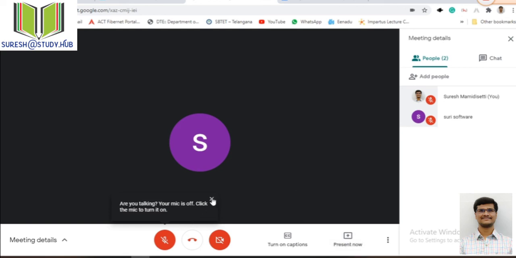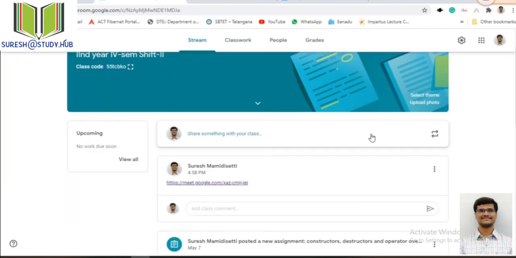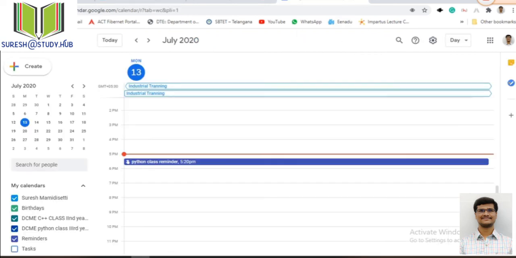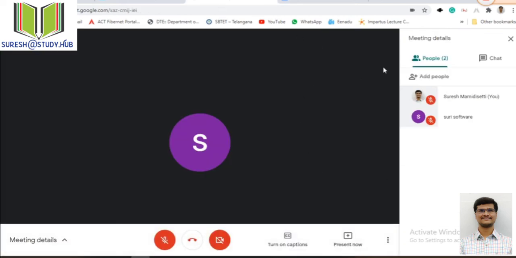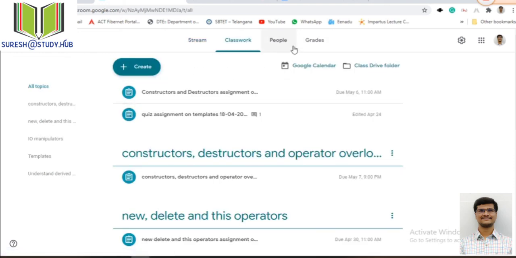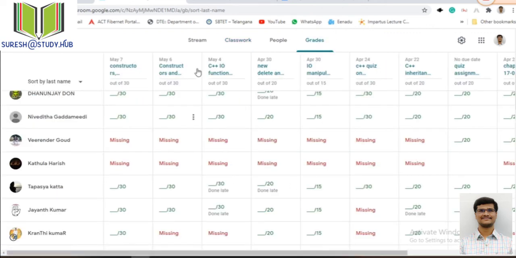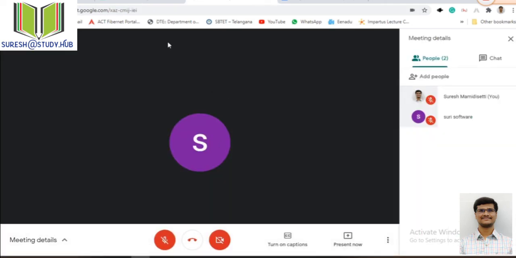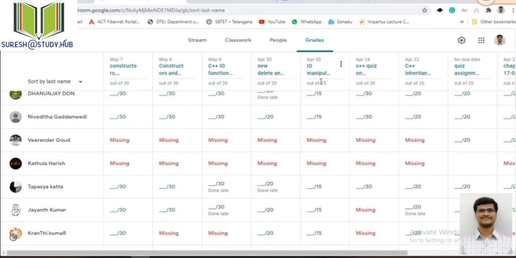Okay, like this I can create a class on the Google Classroom, and I will schedule this class by using this Google Calendar, and I can take the classes by using this Google Meet. Once the class is taken, then I will post the assignment by using this classwork section to all the students, and I can also grade the marks on this one. With the entire Google Classroom and Google Meet, I can collaborate both things. One, I can create the class, I can engage the students, and I can take the classes by using Google Meet, and I can grade the students also.